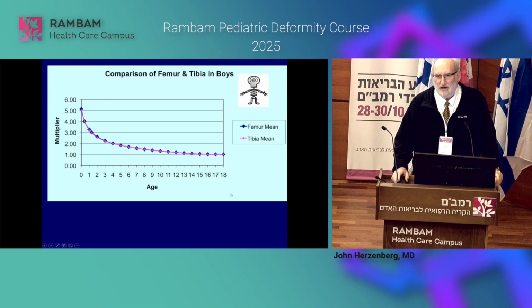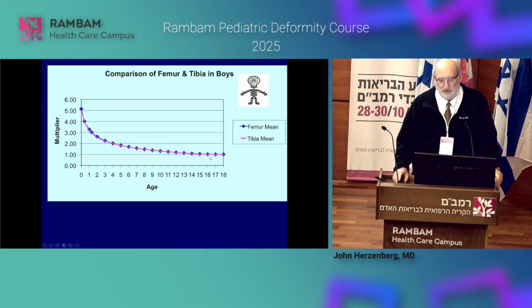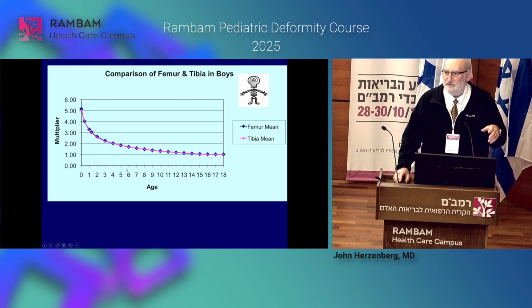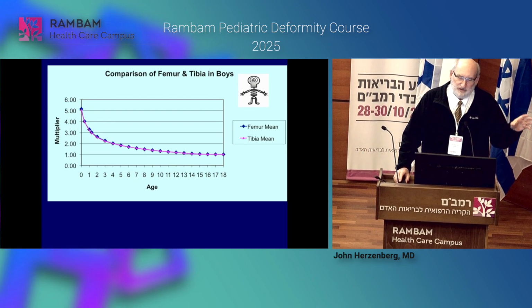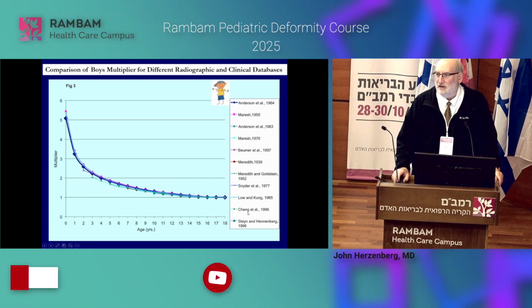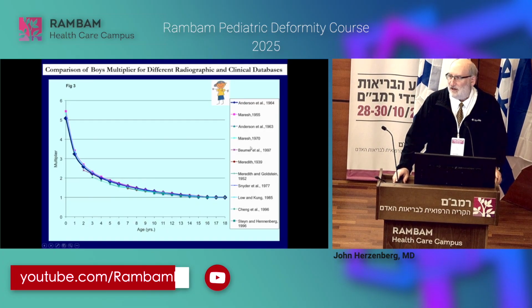We took the Green-Anderson data and looked at it many different ways. It turns out that the multiplier for the femur and for the tibia was the same. This is the curve for the femur and for tibia. They're superimposed. So you don't need a different multiplier for femur and tibia. It's the same, total leg, femur, tibia, individually, all the same. And then we didn't just go by the Anderson-Green data. We also looked at all kinds of other databases that are out there. And many of these databases are from China or from Scandinavia or South Africa.